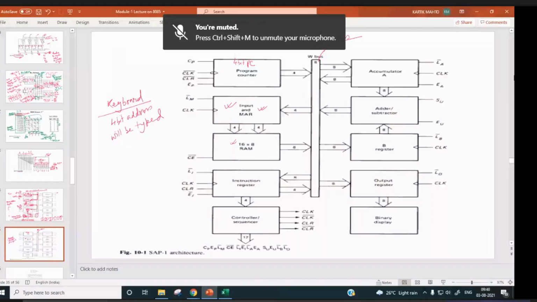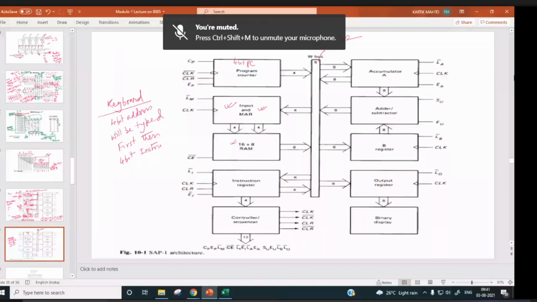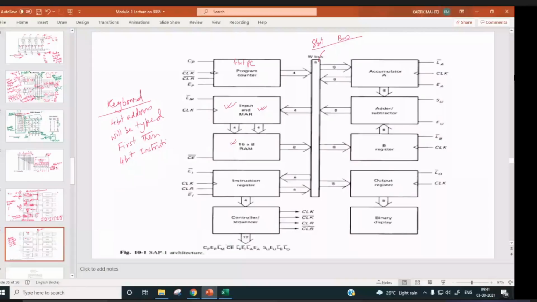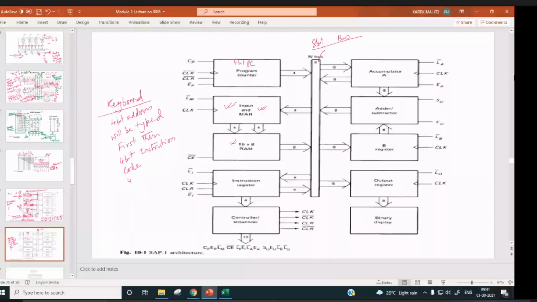Then a 4-bit instruction code is typed, and then 8-bit data can be typed.